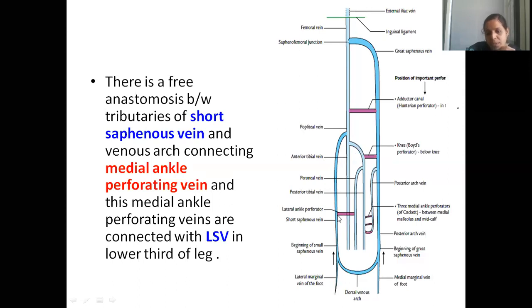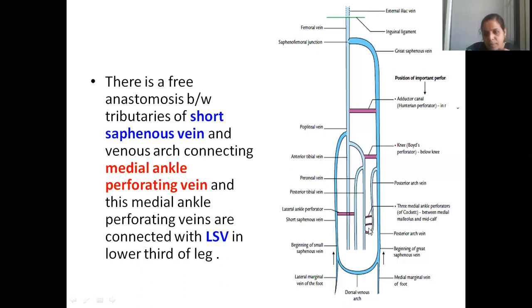Whatever this lavender or violet colored areas are shown, they show the connection of superficial veins with deep veins. Okay, these veins which are connecting superficial to deep veins, they are called as perforators. Are you understanding? Did you get the picture? Okay, beta. So this is great saphenous vein, small saphenous vein. These are deeper veins, and the communicating points are the perforators. So let us try to be more specific.